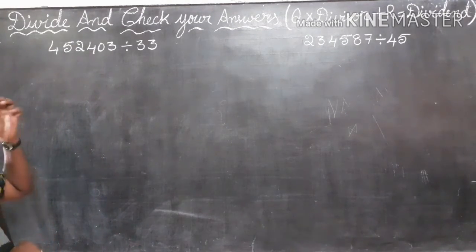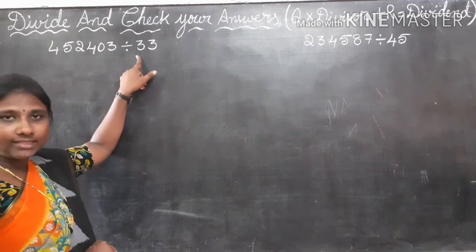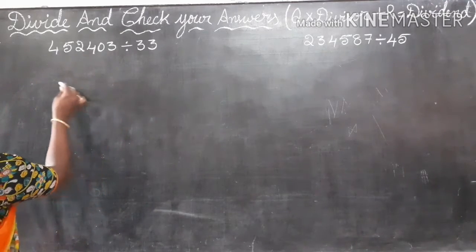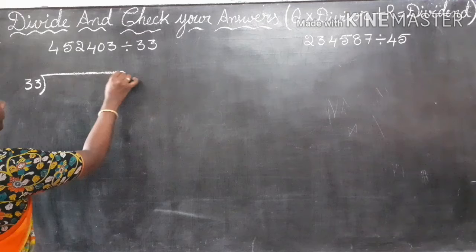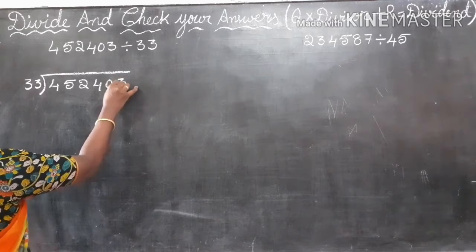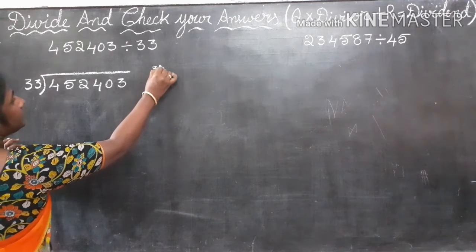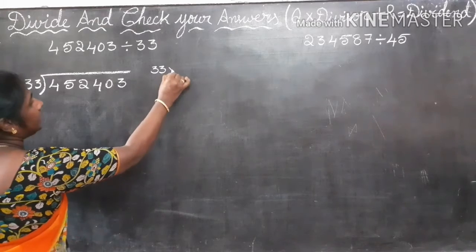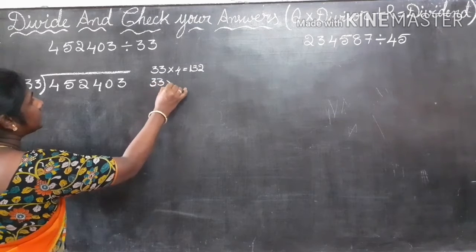Here first problem. 4,52,403 divided by 33. So we have to do division with 33. Now we have to check with the table. 33 ones are 33, 33 twos are 66, 33 threes are 99. Next, 33 fours are 132, 33 fives are